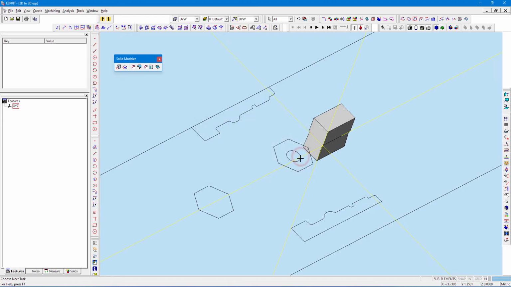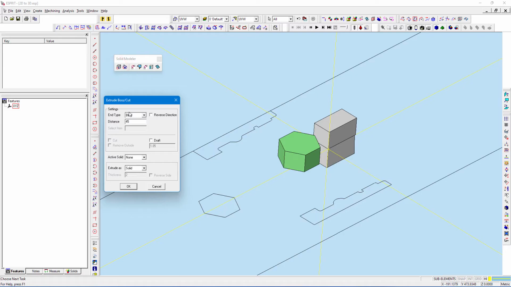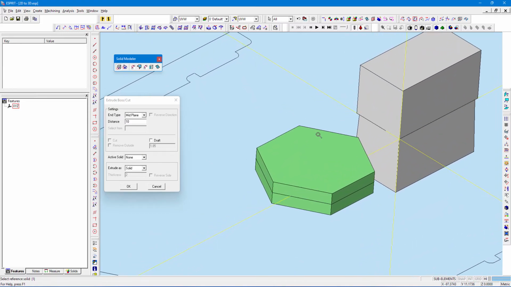You just ignore it by clicking OK, and select the sketch by shift and selecting any one of the lines, and it will automatically select the total area. And I will just give extrude. I will explain the mid plane type. If you enable mid plane, whatever distance you are giving will be replicated on the top side and bottom side of the sketch.